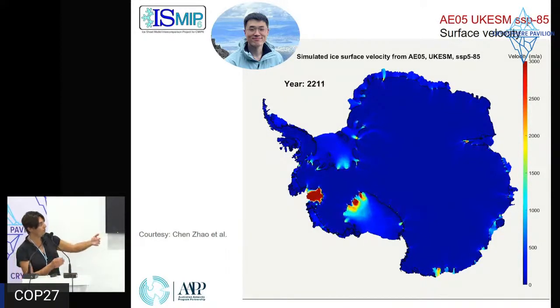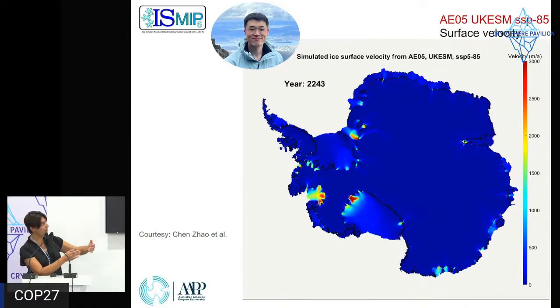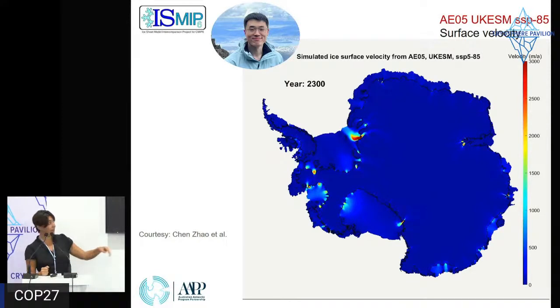You see the dark blue color retreating back, because as soon as the destabilization occurs, the grounding line is retreating, and most of the light blue and bright colors mean that the ice is thinning, floating, disintegrating, and lost to the ocean. So that's quite fast. We lose a lot of sectors in a small amount of time, and that's the projection, the official projections done by this intercomparison project called ISMIP6, which gathers most of the ice sheet modelers of the community